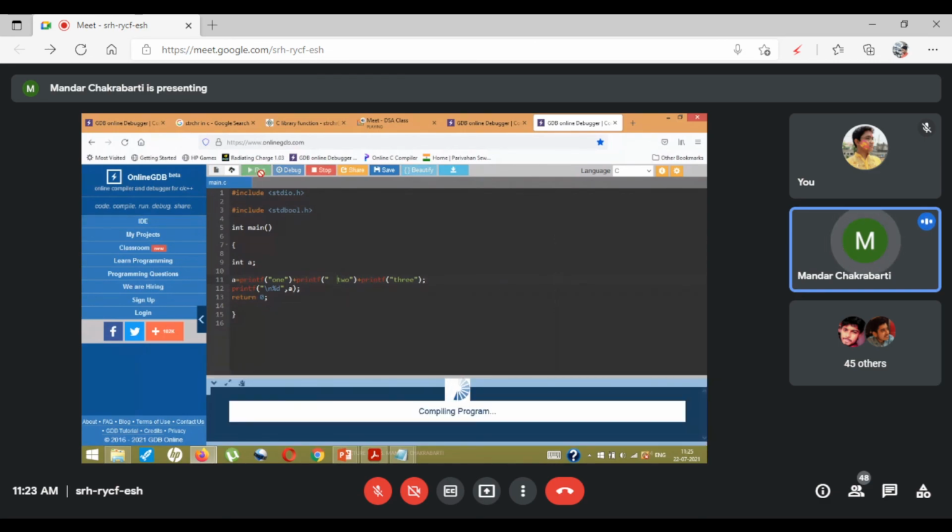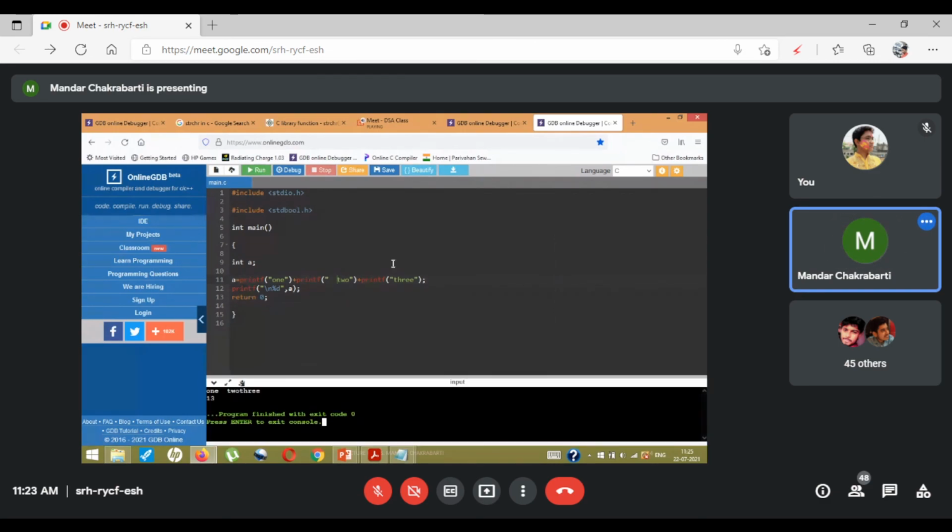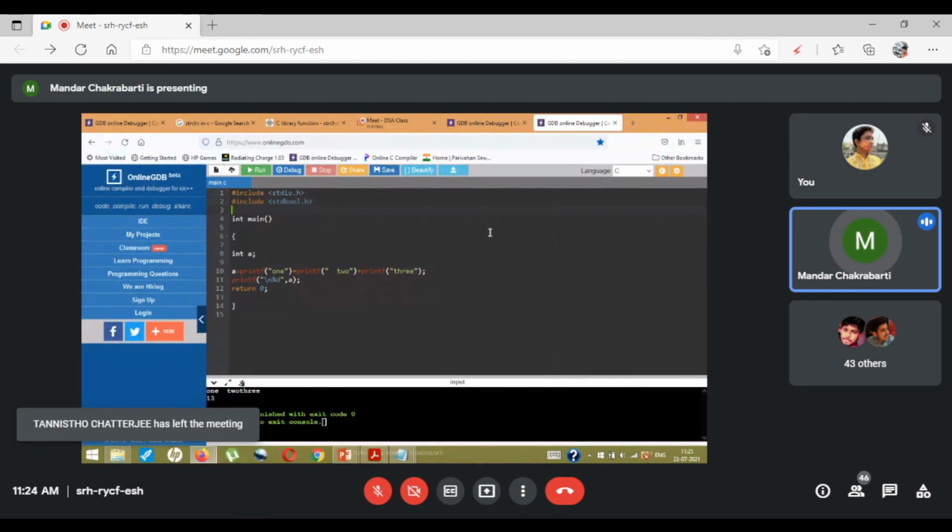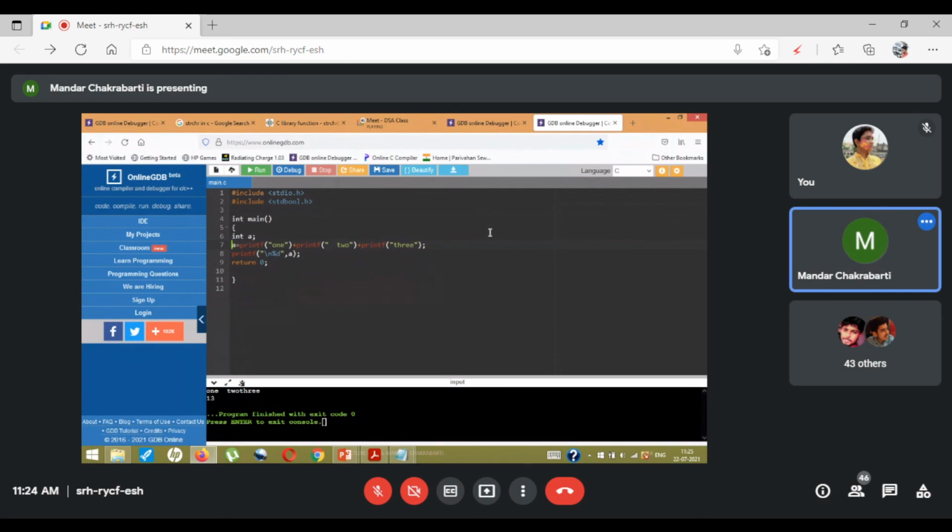Now it's going to be 13. Yes, these are tricky questions. Since we have gone through the example, you are now able to tell. But if you have not seen this before, then it's not very easy to catch what's going to happen. You are going to think that this is going to give you a compiler error. These sort of tricky questions is what these companies ask you.